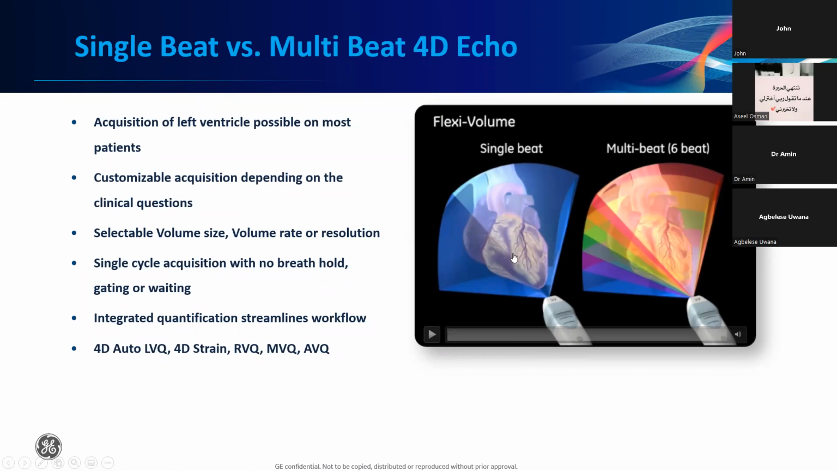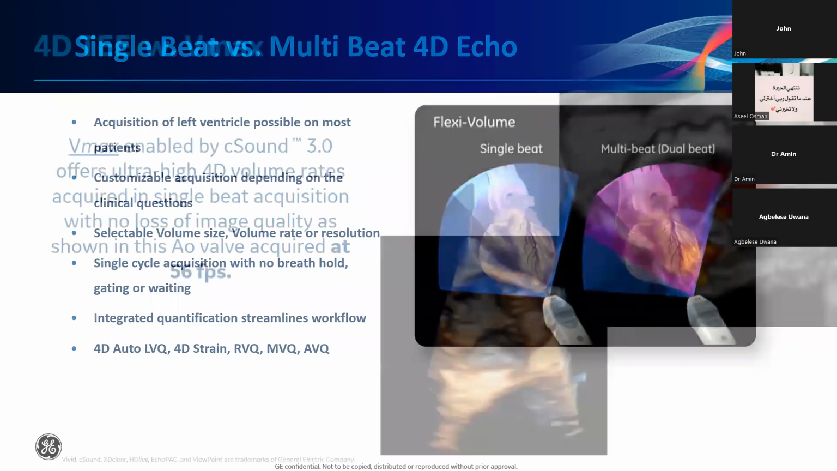But if you're doing a structural heart procedure, chances are you're focusing on a specific zone that you want to intervene in. That means you really don't need a huge volume. You need a targeted volume. So you don't need multi-beat. You can use just single beat. And with that,